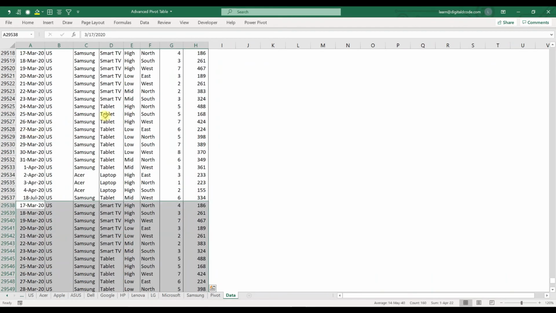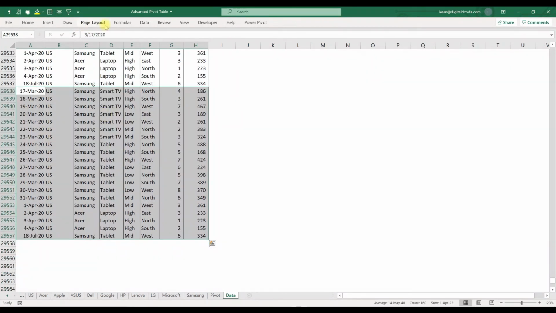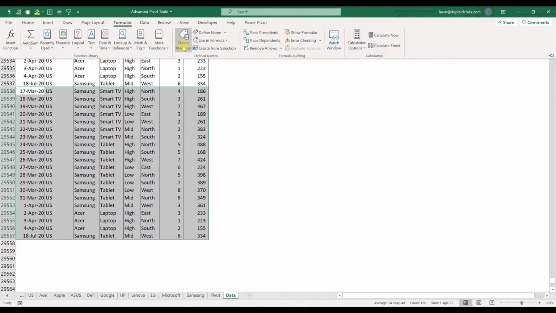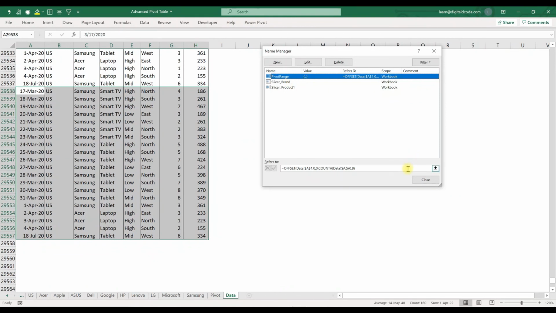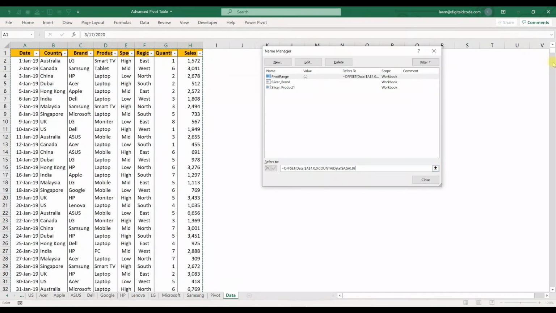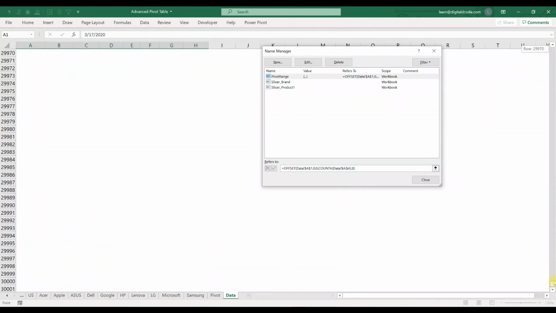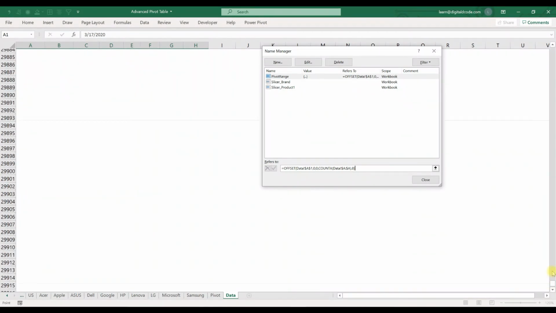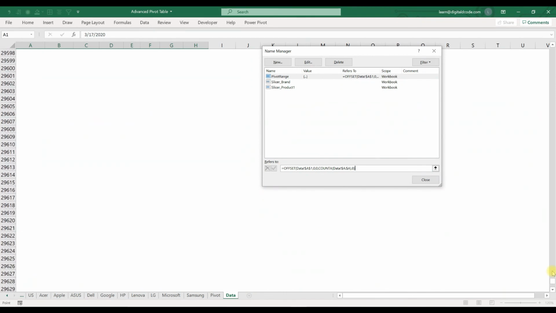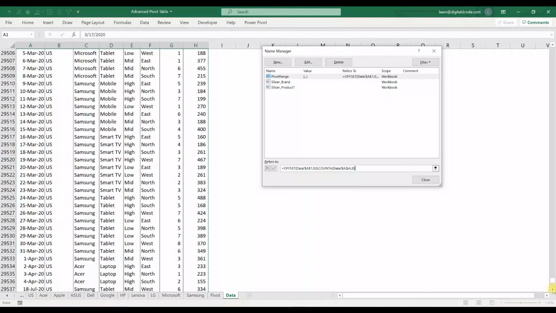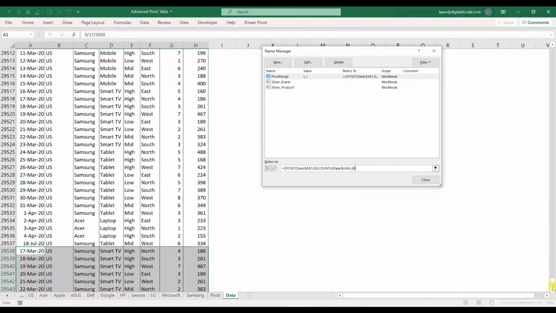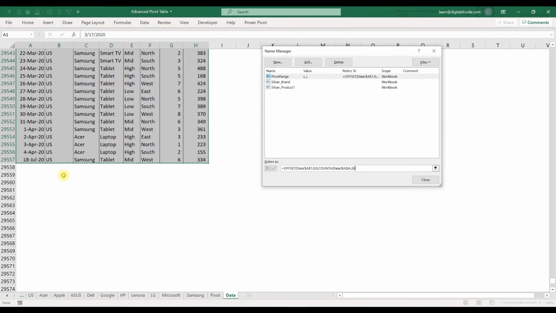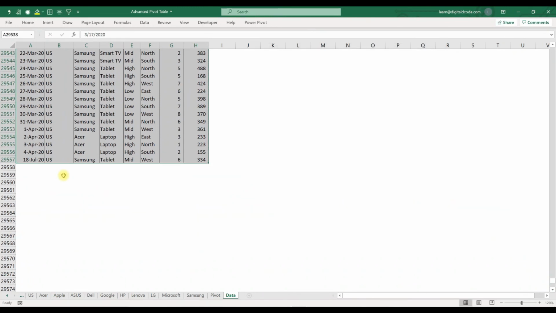I added some more rows. Now let me go and check the define name, pivot range. Now you can see I added, still it's picking. So whenever you add data, it will automatically pick.